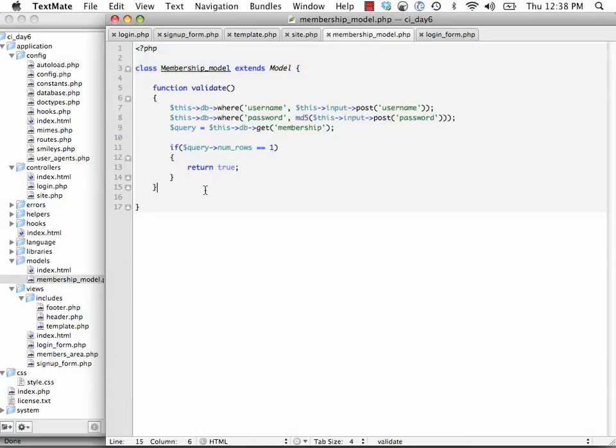Membership model, function create member. Now we're going to make this really easy to understand. New member insert data, and that's going to be array, and all we're doing here is running an insert query into the database. So we need to remember we have to insert a first name, a last name, their email address, their username, and their password. So first name,